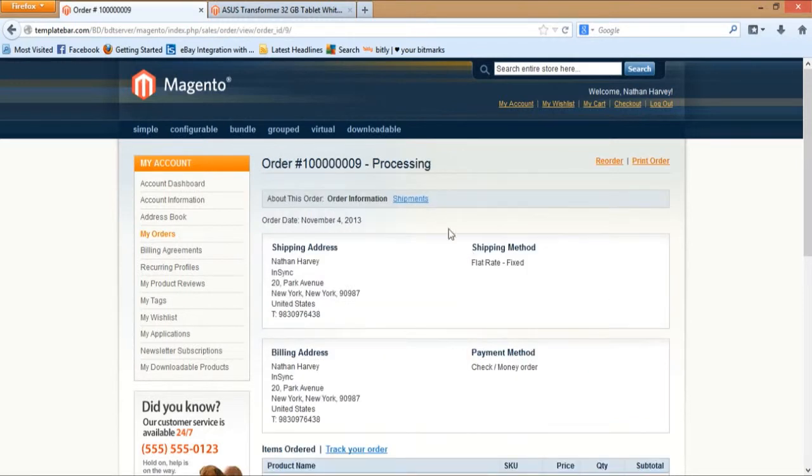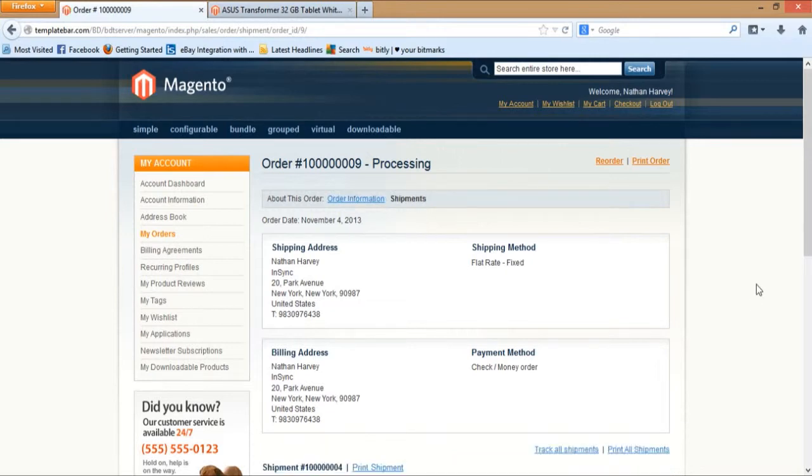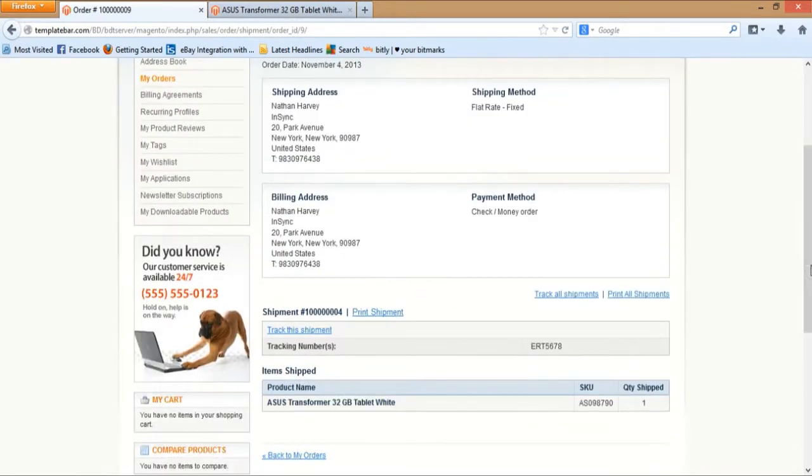I can see a new link, shipments. If I go to that link, I'll be able to see some other details like the shipping details, the shipping address, as well as the tracking number, which I have actually mentioned within the SAP Business One ERP system, but now it's showing on the web and it will be emailed to the end customer as well. So in this way, some of the sync processes of SBI Connect work, and I have demonstrated that to you.